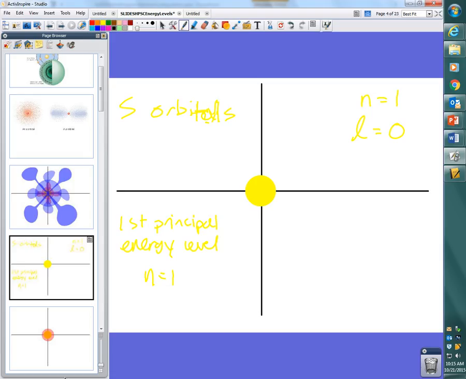Electrons have less energy in this orbital. That's why it's the first one we drew. Why do electrons have less energy in that orbital? Oh, it's closest to the nucleus, right? So it's close to the nucleus. It has less energy. But one more thing you can tell me about that orbital. One other thing we talked about with this orbital. It has less energy. It's close to the nucleus, but